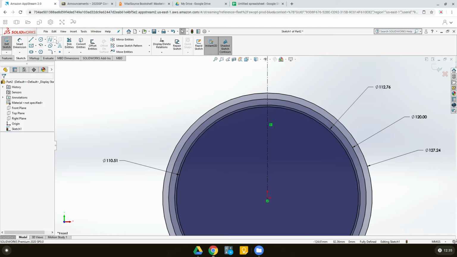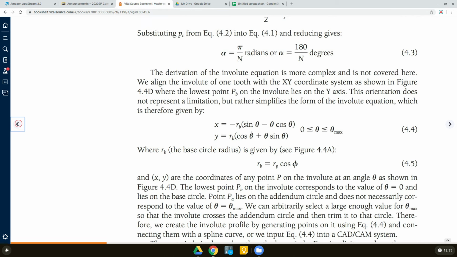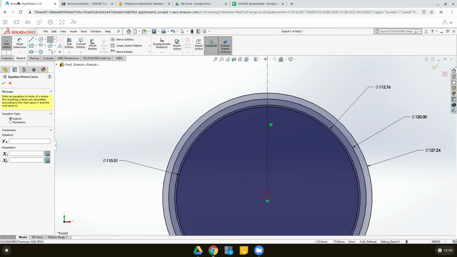So we need to draw a spline, and our spline is an equation driven curve. The equations that are given to us are parametric equations. I'm not going to go too much into parametric equations, but they are in terms of the parameter theta. That's why they are called parametric. So I'm going to change that to parametric. And the equations that we have,